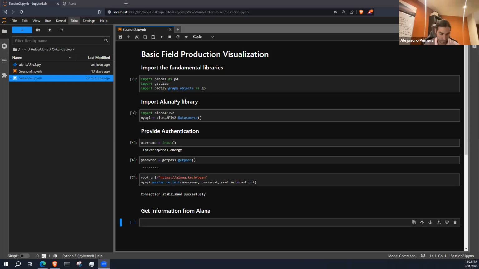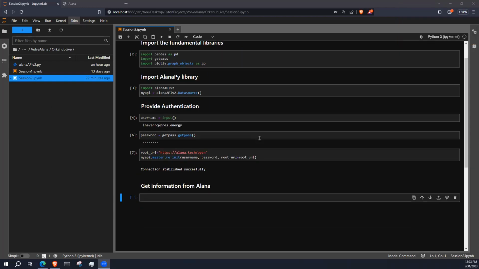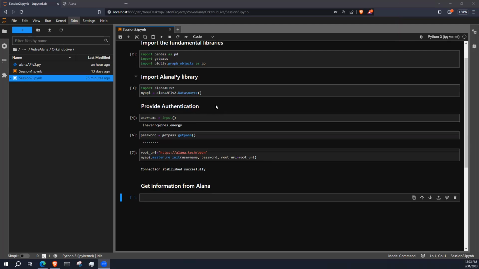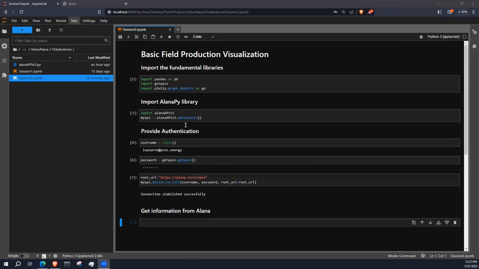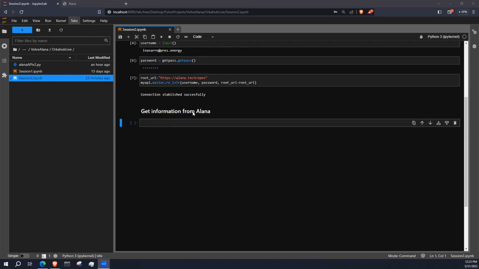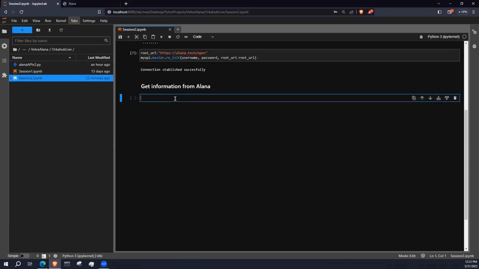In order to keep this kind of workflow much lighter, I'm not going to go into details on things that we have already talked about in previous sessions. In the previous session, we talked about how to import the fundamental libraries and provide authentication to Alana. So we are going to skip that. Getting information from Alana, we are going to call our API, our instance,